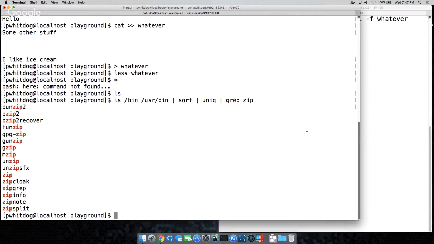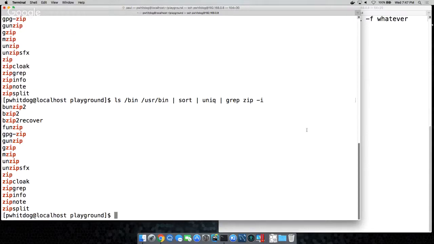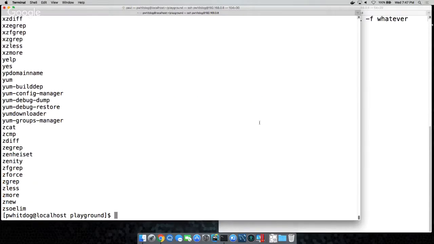So that's a really simple example of grep, but you can do -i for ignore case. We have case sensitive file systems. That's one you're going to use a lot, ignore case. And you can do regexes, so you can look for file system string patterns. And that's where it's going to be very powerful. And it's fast as all heck. -v is also handy, which is inverted. It shows you the lines that don't match. That would be useful.